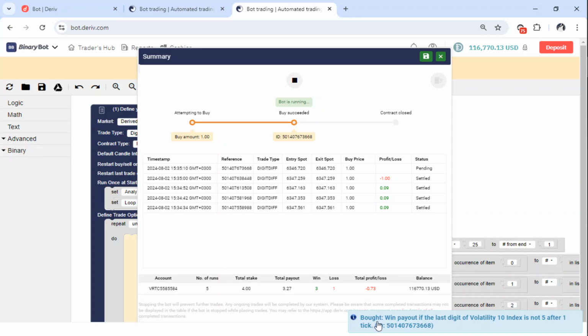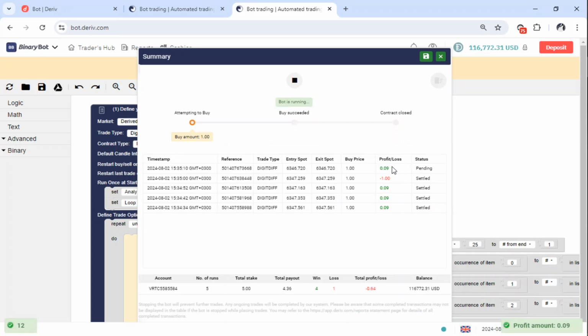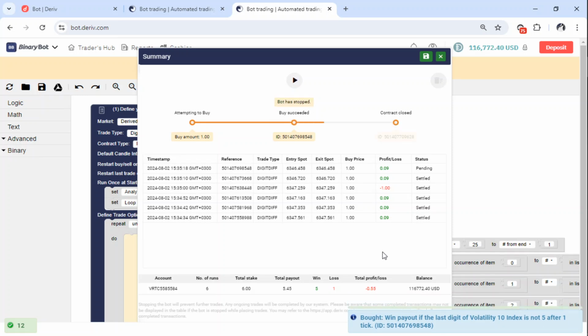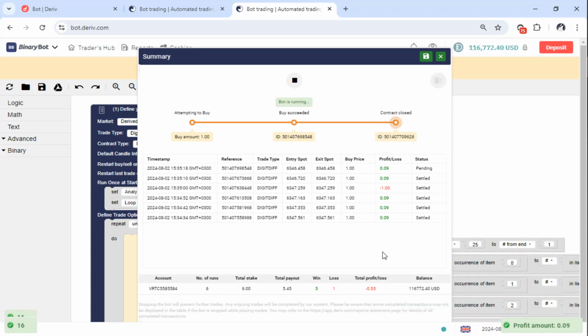It's not 5 after one tick. It means there is no 5 in the last 25 ticks. That is why it has won. It is not 5 again, still there's no 5. So if you place it to run after like 3 seconds or 4 seconds, it will be able to give more accurate results,